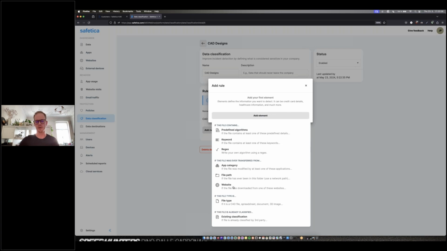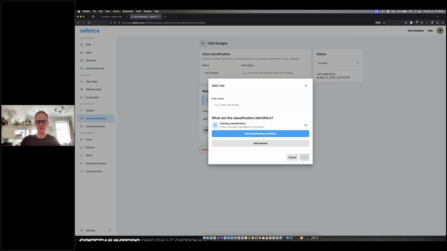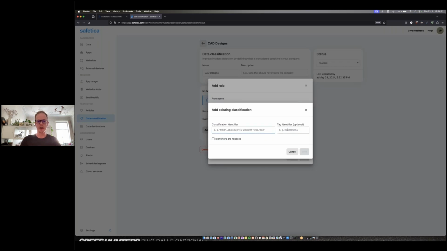It's actually a pretty good example, I think, as to how we can go about classifying the data, and again, a practical example here. And last but not least, we can leverage any third-party existing classifications that might already be used. For example, it could be from AIP, Purview, whatever Microsoft's calling it nowadays, or it could be from almost any other data classification company, solution, or vendor. Most are using metadata for classifying their information, and we can pick up on that and use that as such also. So for example, if I open this up, we can grab the identifier and also grab a tag if needed, and we can also do something here with regex.